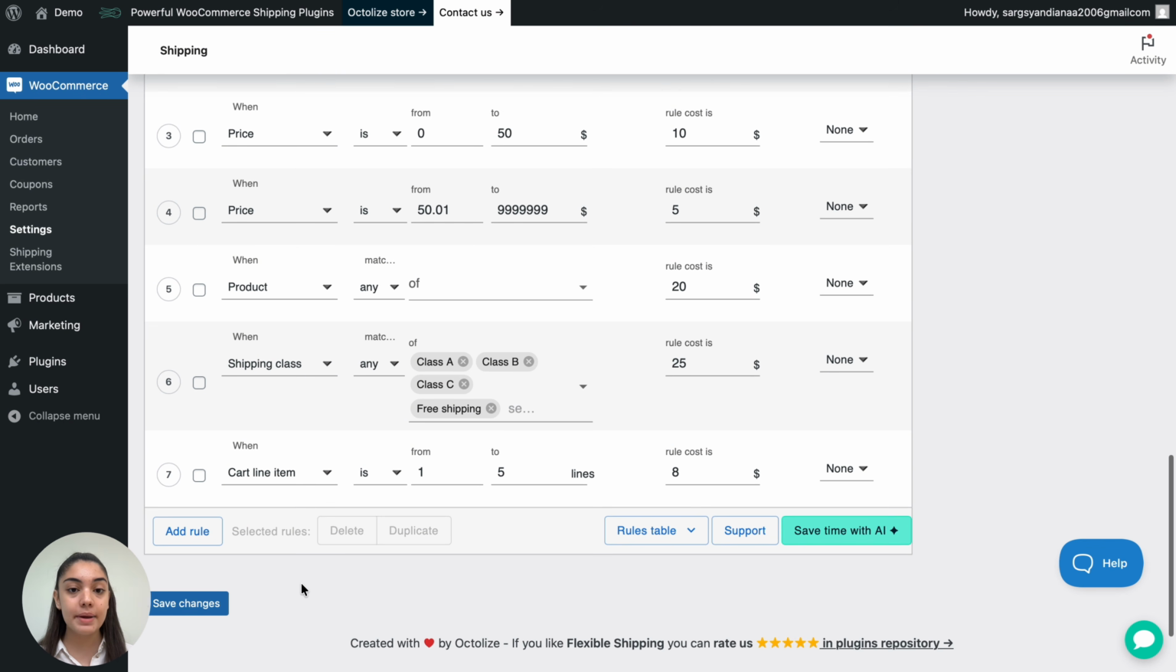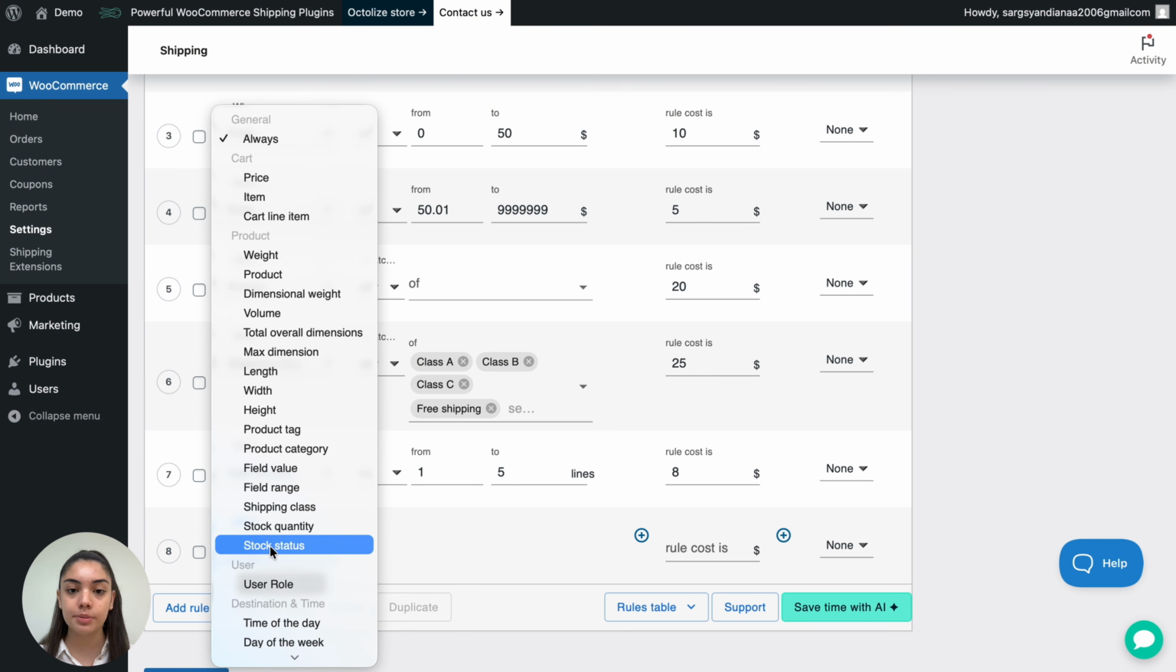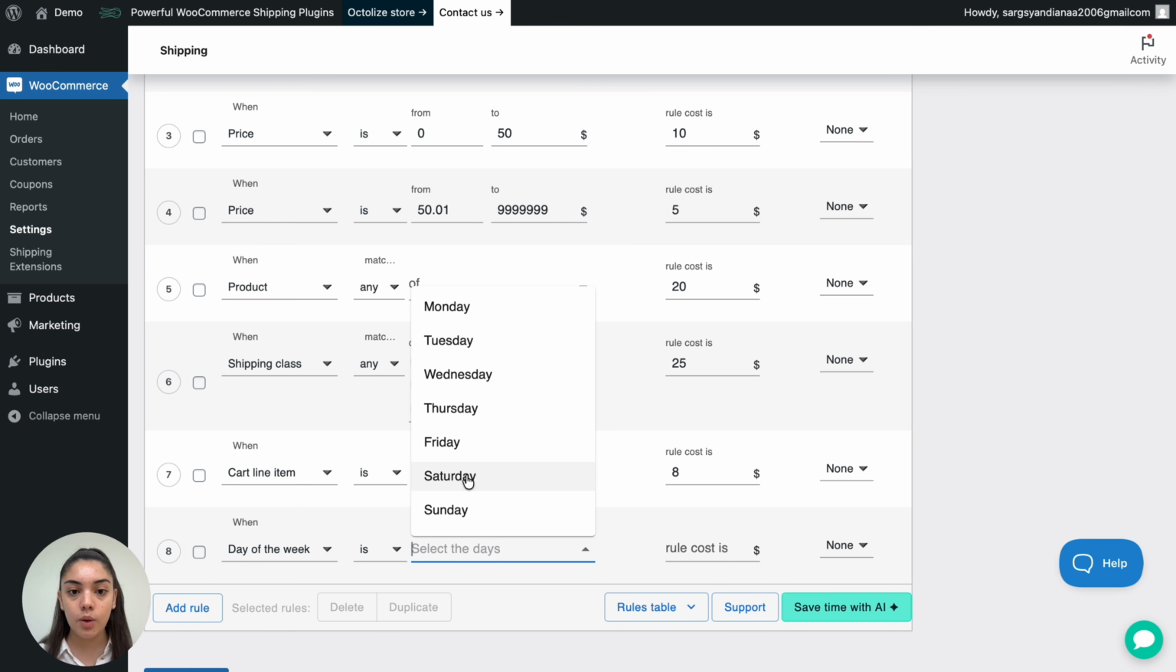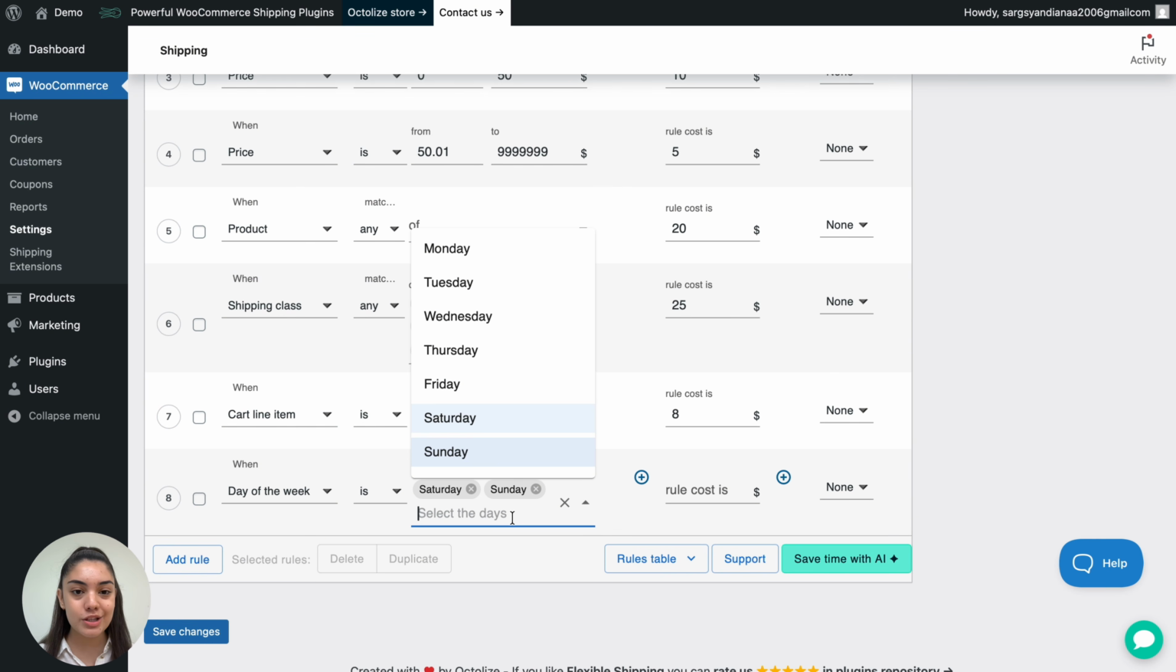To create a time-based rule, I need to click on Add New Condition. And here we can create a rule that applies only on specific days, such as on weekends. We can set Saturday and Sunday, and this will allow us to apply different shipping costs depending on the day